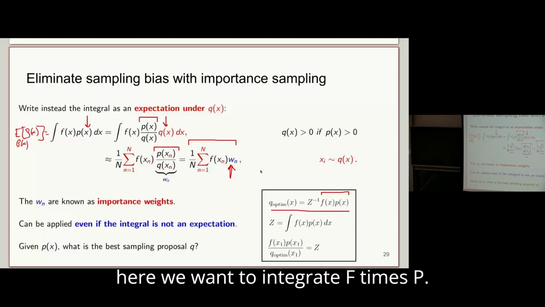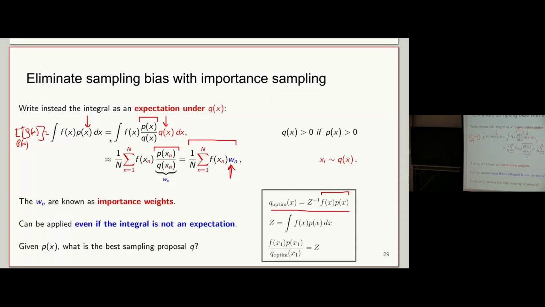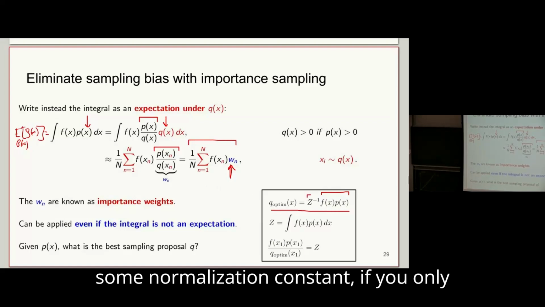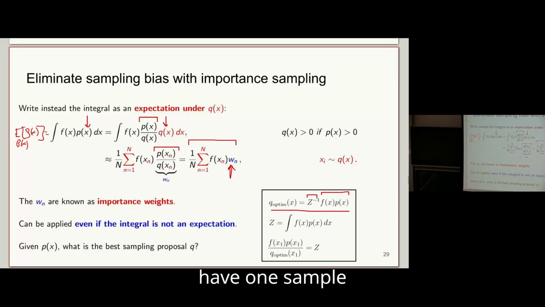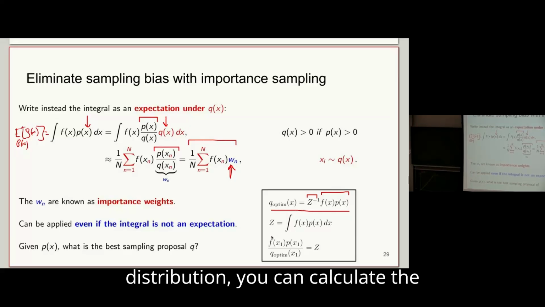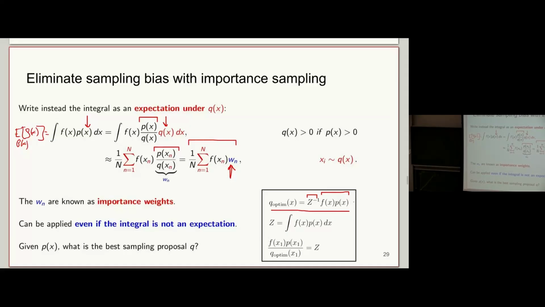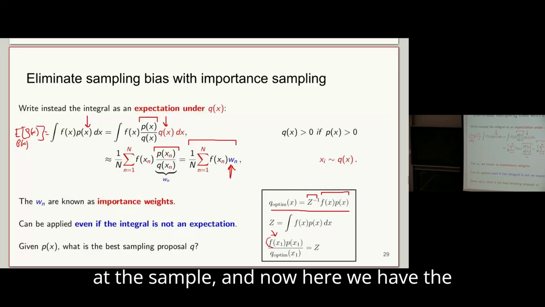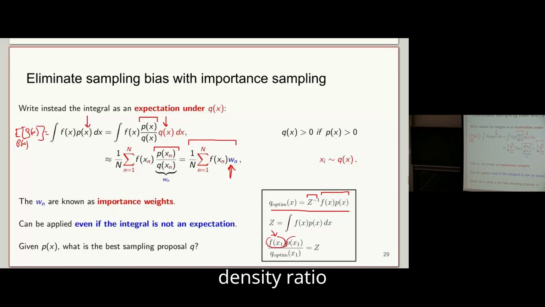Okay, here we want to integrate f times p. If we make our proposal f times p with some normalization constant, if you only have one sample from this optimal importance sampling distribution, you can calculate the value of the importance sampling estimator, and that's going to be the sample here that we have. This is the sample, f evaluated at the sample, and now here we have the density ratio,